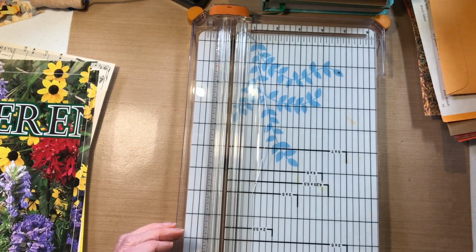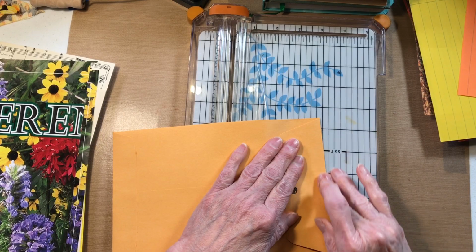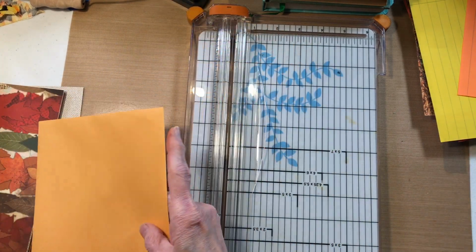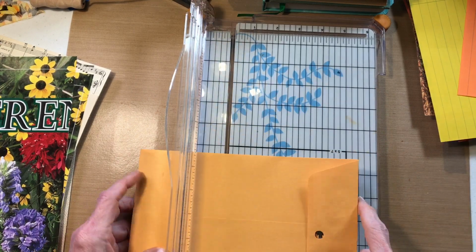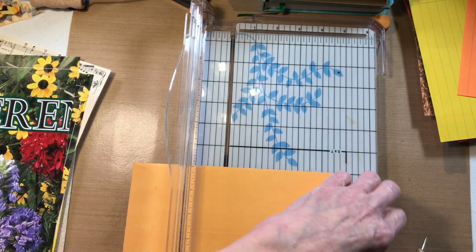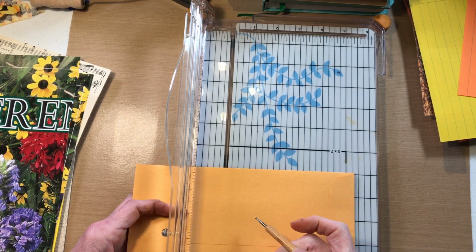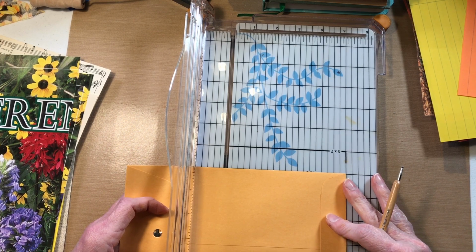We've done the paper. We're also going to put this envelope in because I didn't really have any real true yellow, but you know, this is in the fall colors. And so I'm going to score it real quick. And let me get my score tool. I'm going to try to find a card for the other side for the second signature. I think I'm going to do